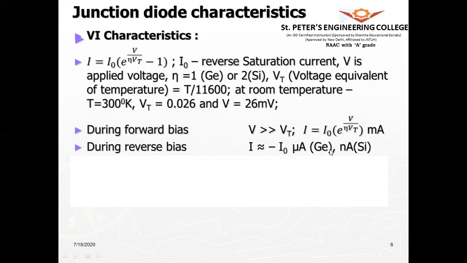In terms of a silicon diode, it will be again much smaller in the reverse bias. It will be in terms of some nanoamperes. So if you go on increasing the reverse voltage beyond some point, there will be a reverse breakdown, which is not accepted. So we should operate the diode such that it does not go into the reverse breakdown region. Once the reverse breakdown occurs, that will destroy the diode.